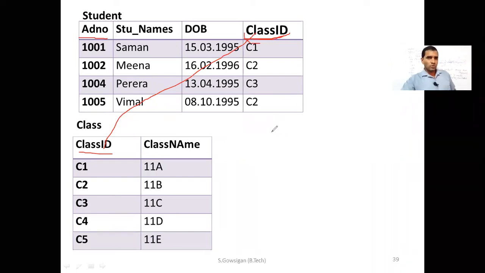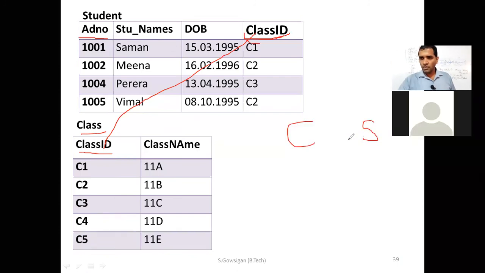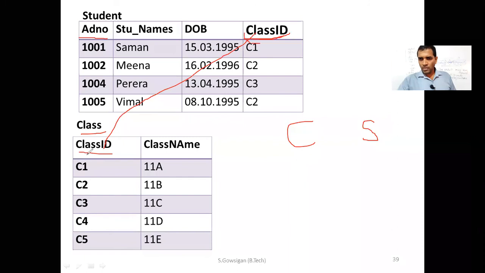Right. Look. Let me give an idea, but I will definitely explain a little more deeply in the next class. But I have to give you at least an idea, right? So here, this is the class table, and this is the student table, okay? Class ID is a primary key, which means these are never repeated. But what about class ID in the student table?